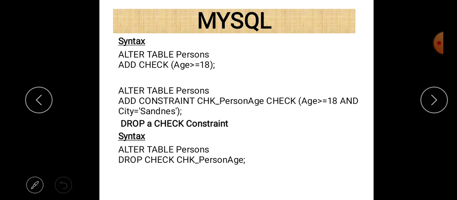So these are the two methods. The first one is very simple to implement. In the second method, we generally give a name to the constraint, and for that purpose we write the keyword CONSTRAINT just after ADD. You can easily see ADD CONSTRAINT, and then the name of the constraint.